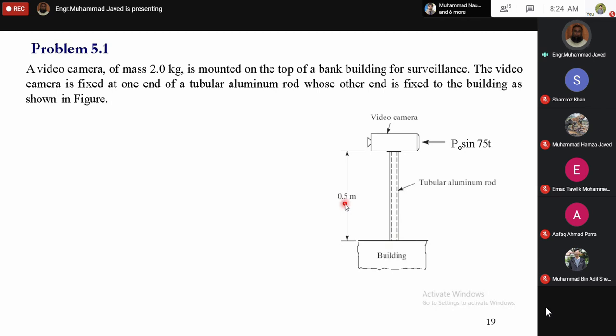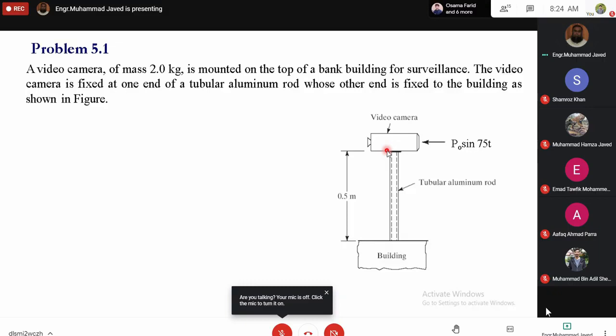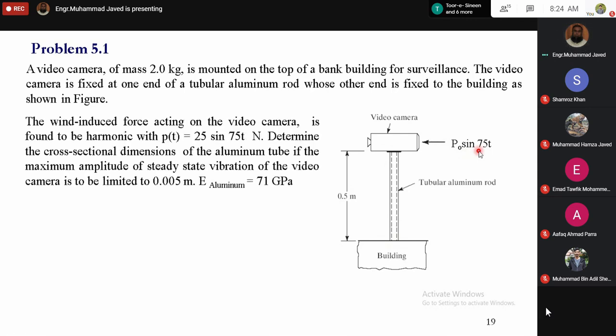The height of the tube is 0.5 meter and it is subjected to a wind which varies sinusoidally and can be represented by the equation P naught sine omega t. The wind-induced force acting on the video camera is represented by P of t equal to 25 sine 75 t, where P is in Newtons. Now, due to this wind force, since the wind is a dynamic force, dynamic displacement will be produced, and it is required to limit the dynamic displacement to 0.005 meter,